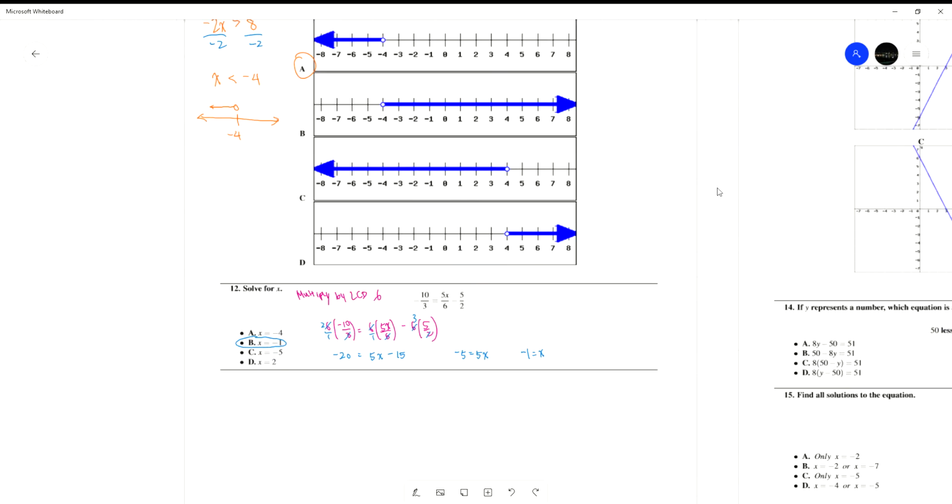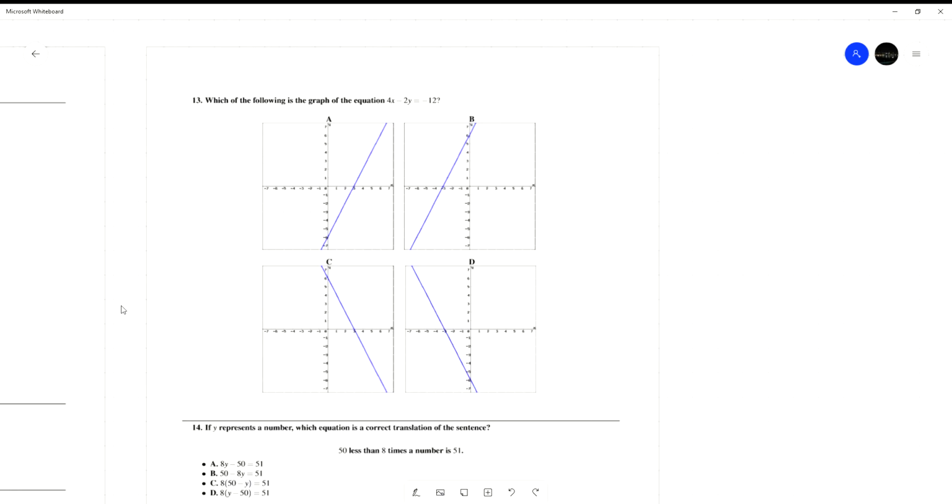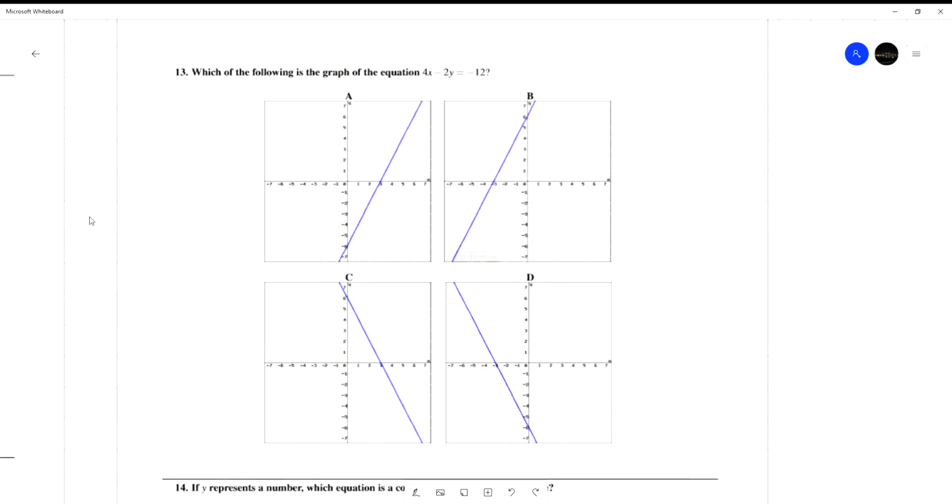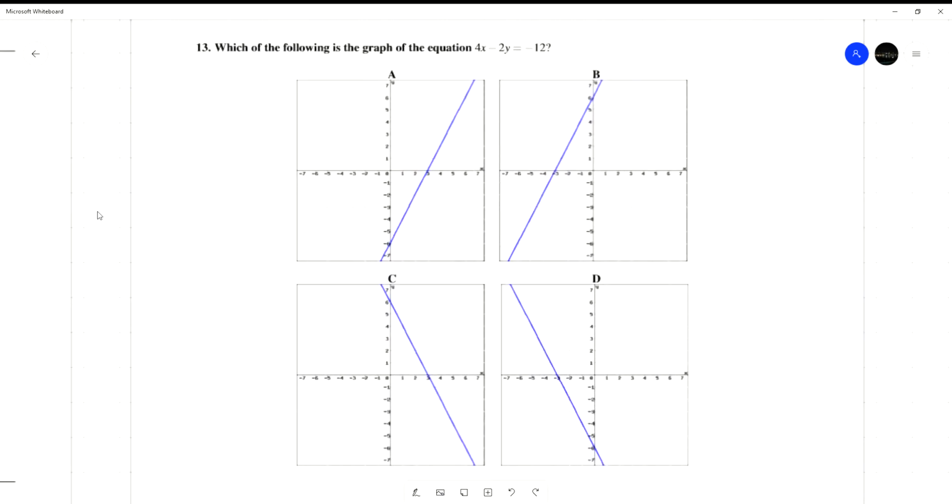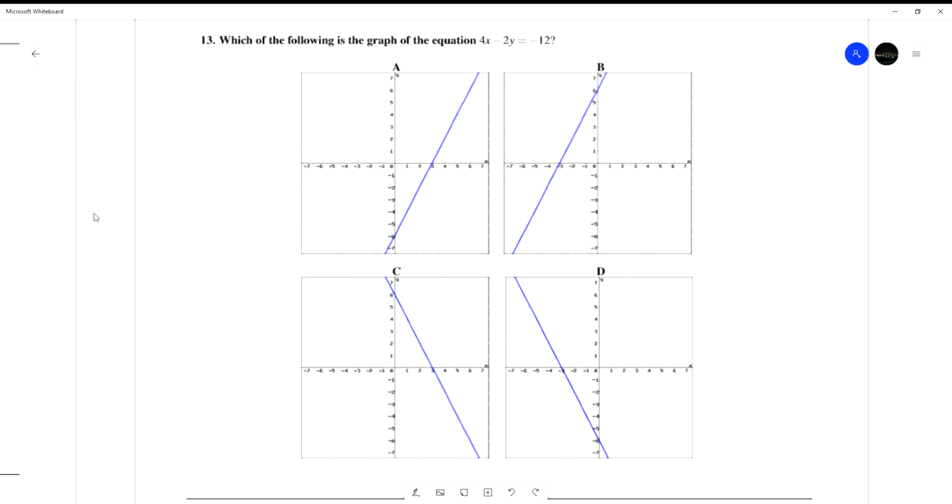Let's do number 13. This time we have a two variable linear equation. I hope you remember the intercept method of solving this, right? Otherwise, you would have to change this equation to slope-intercept form. But I do want everyone to be very comfortable with the intercept method because